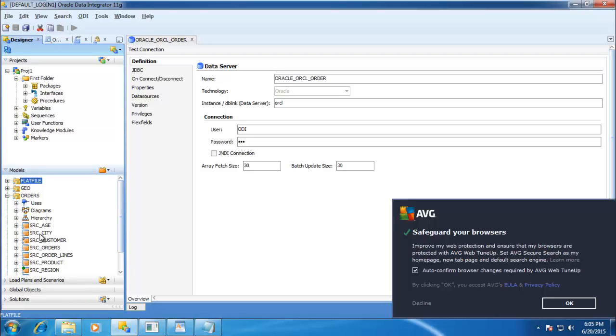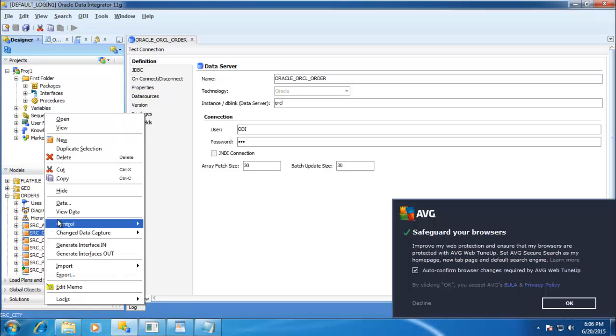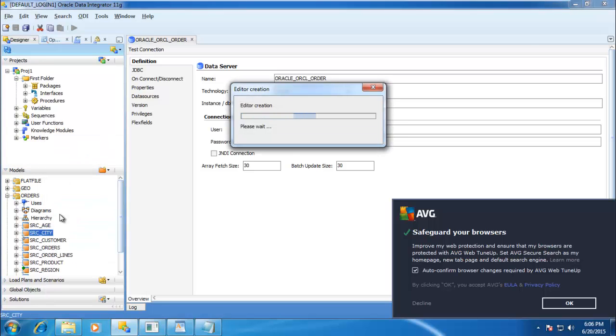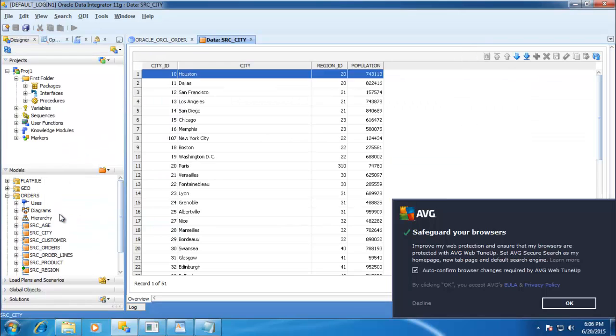By that I can extract the data from these data sources and I can load the data into the data sources. And in the model itself, if you want to check whether it contains data or not, we can check the data. For example, right click on this and go with view data, where I can see whether it contains the data or not. I can check it from here. We can see the data as well. Like this, we need to create a model.